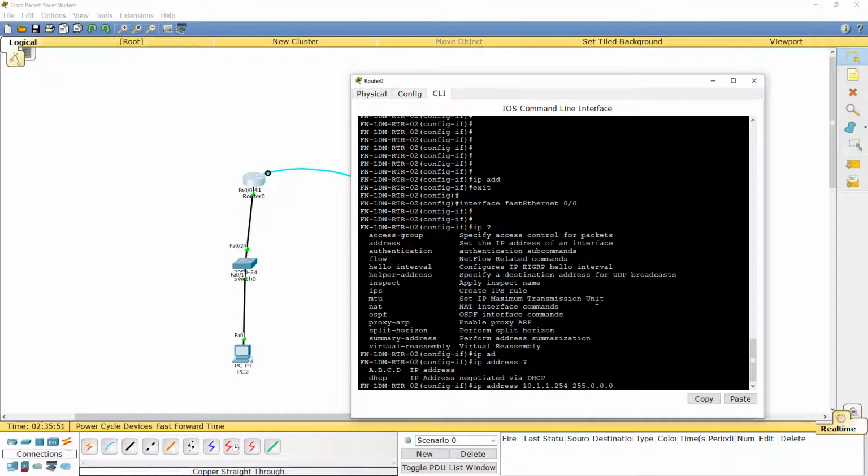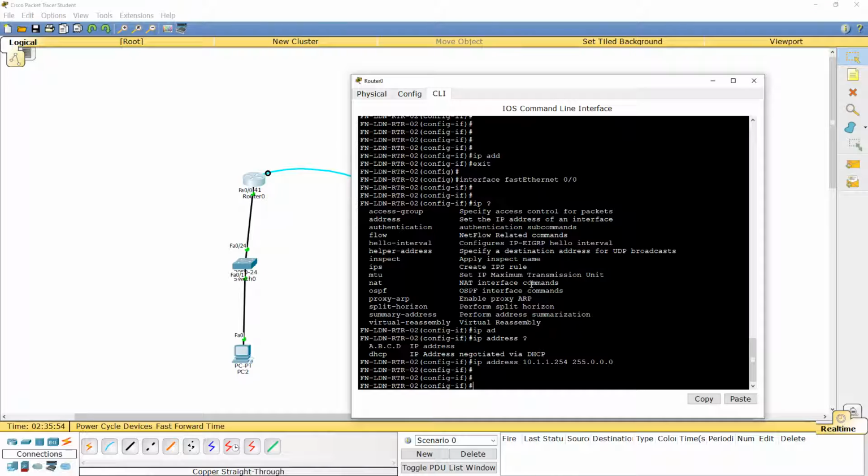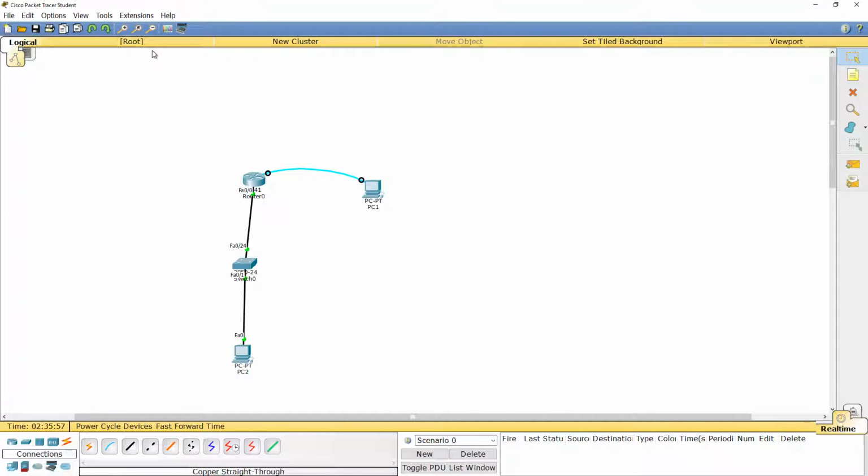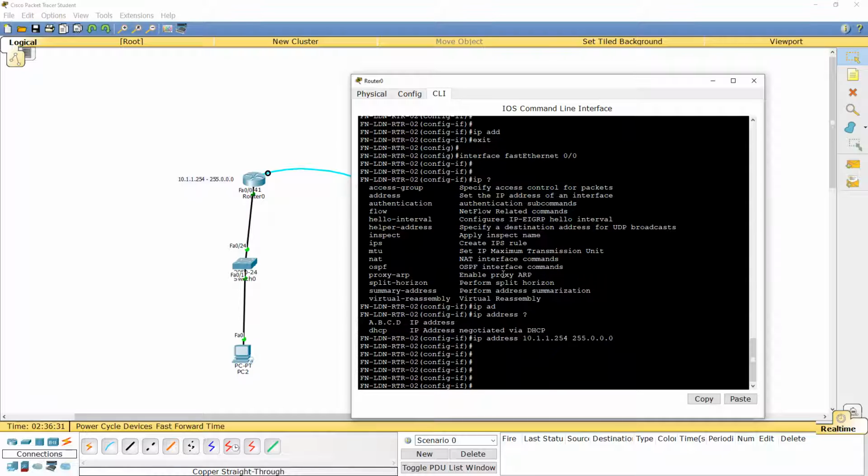That's the IP address I have configured on the Cisco router interface. Exit or Control Z.